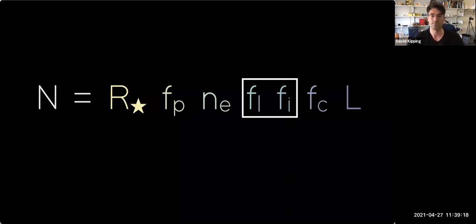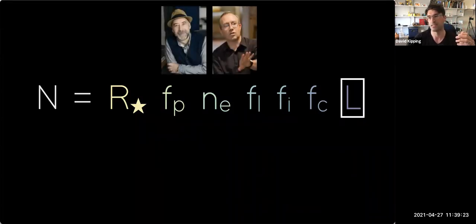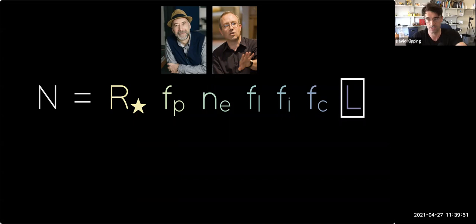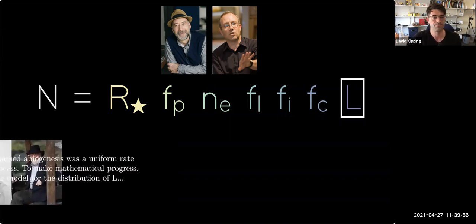And I want to use this one data point in a different way now and talk about another term, the Drake equation. This was another paper which I wrote quite recently with Adam Frank here and Caleb Scharf. And we were interested in the longevity of civilizations. And again, we do have a data point, how long it happened on the Earth. And our existence is not predicated on it being a specific number. There is obviously a very weak data point here, but unlike abiogenesis, it doesn't have to be a certain value or outcome for us to exist, or at least there's not a strong argument as to why, as there is with the abiogenesis case.